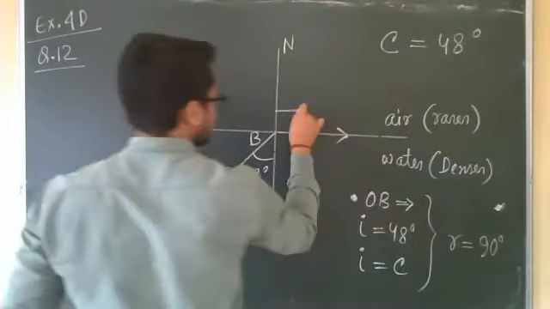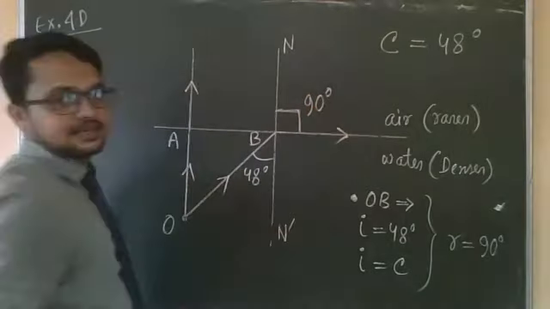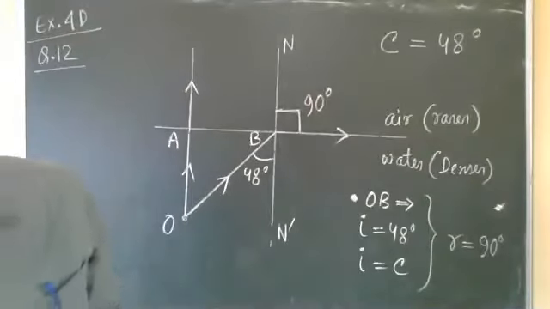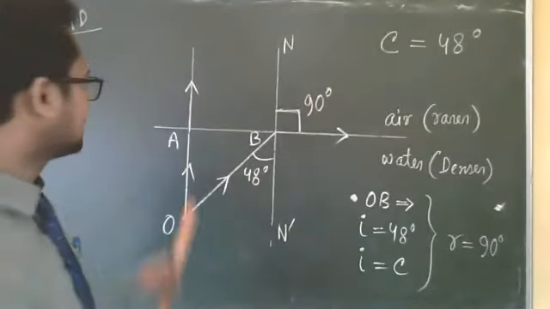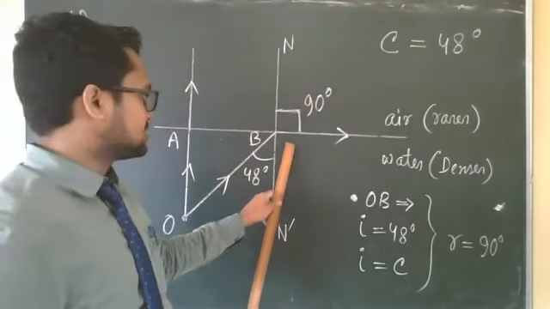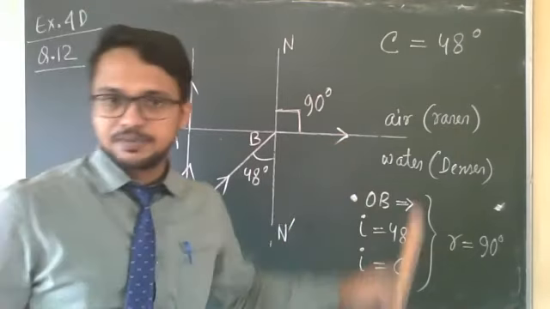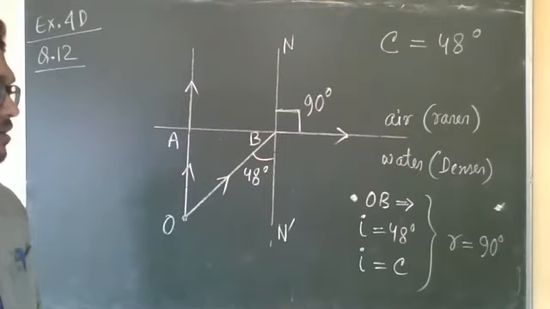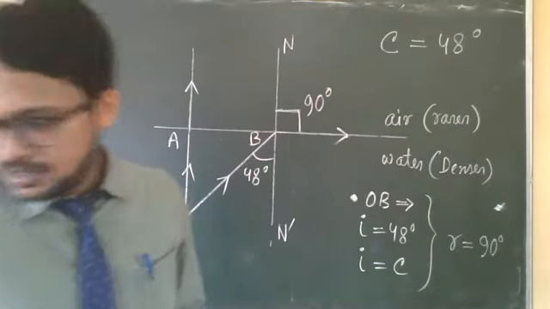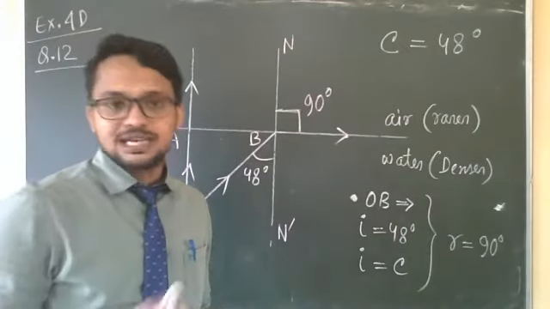This is 90 degrees, the angle of refraction in the air medium. This much you have to do to complete the ray diagram. In the refracted rays, for this case, it will go without any deviation. For this case, there will be a deviation, and the refracted ray will go along the interface, making an angle of refraction of 90 degrees in the air medium. After that, state the conditions when the ray will suffer total internal reflection.